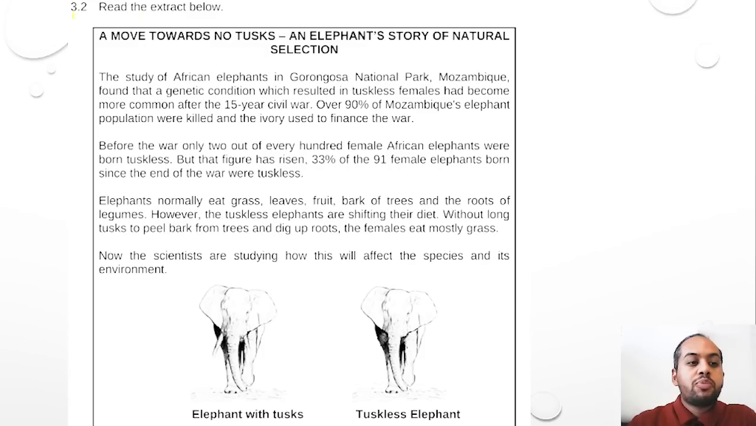The next question is the 3.2 that says read the extract below. A move towards no tusks, an elephant story of natural selection. Remember that the theorist who proposed the theory of natural selection was Charles Darwin. The study of African elephants in Gorongosa National Park, Mozambique, found that a genetic condition which resulted in tuskless